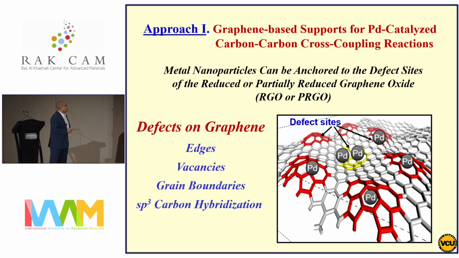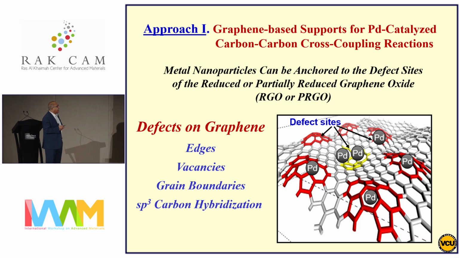At the time, our first work here was based on a palladium nanoparticle catalyst supported on carbon-based material, which we chose to be reduced graphene oxide. Reduced graphene oxide can also be partially reduced graphene oxide, which is basically graphene sheets but containing several oxygen functional groups, such as OH, epoxy, and a little bit of carboxylic groups. Why was that the choice for a support that we expect to provide an active catalyst system?